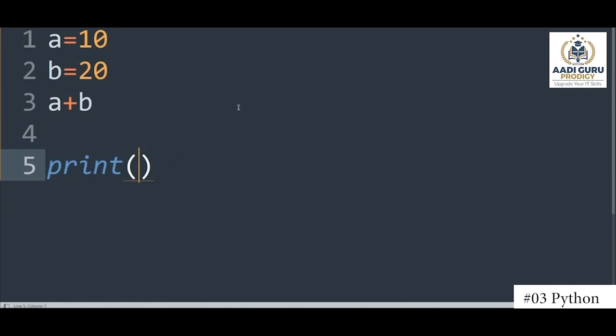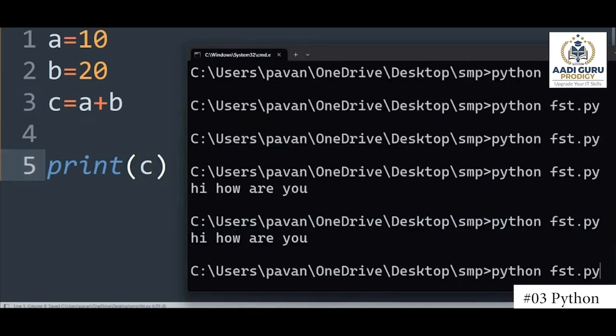Now if you want to show, let's say I'm taking variables like C equal to A plus B. You're taking one box A and saving the value 10 in that, taking another box B, storing 20 in that. Now taking one more box C. Adding A plus B, whatever value you get, you store into C. Now I'm printing this C. Now if you run this,